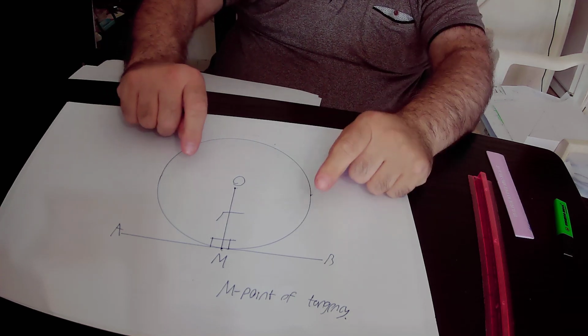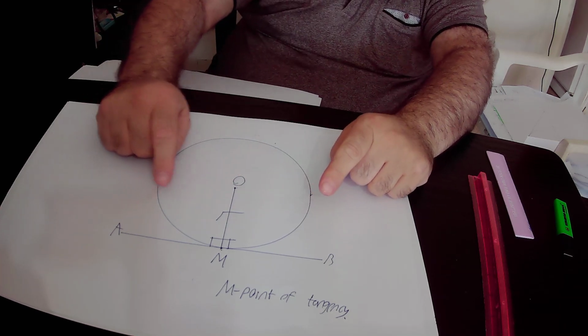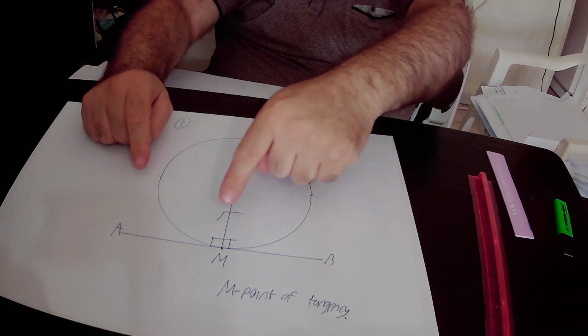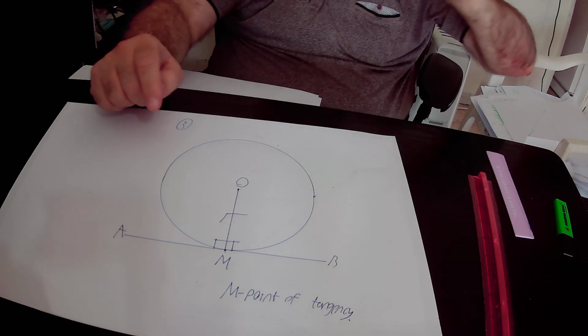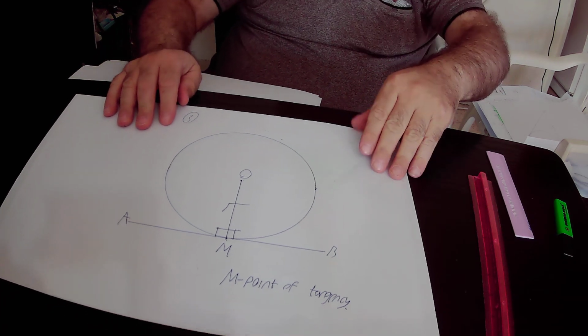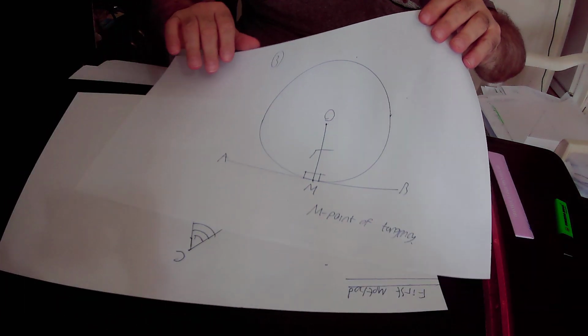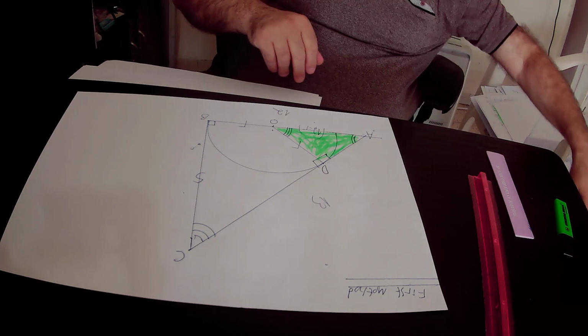Therefore, the tangent AB will be perpendicular to this radius according to rule number 1. That is to say, this angle will be equal to 90 degrees and this angle will also be equal to 90 degrees. That is rule number 1, and we implemented rule number 1 in our drawing, because in our drawing we have here